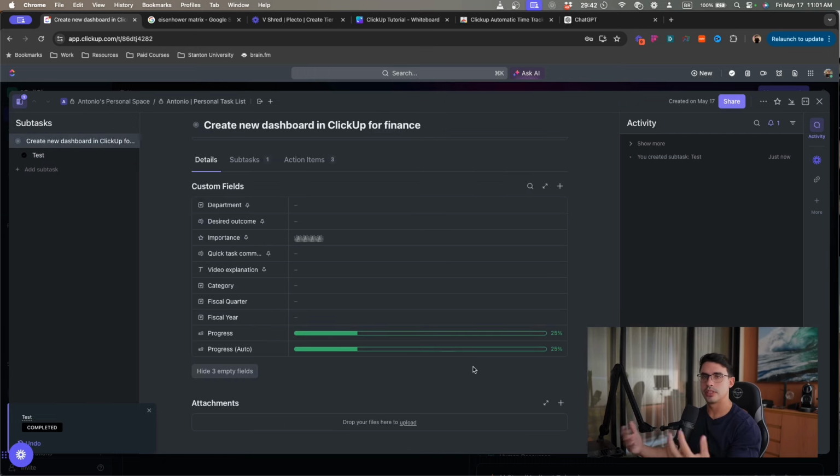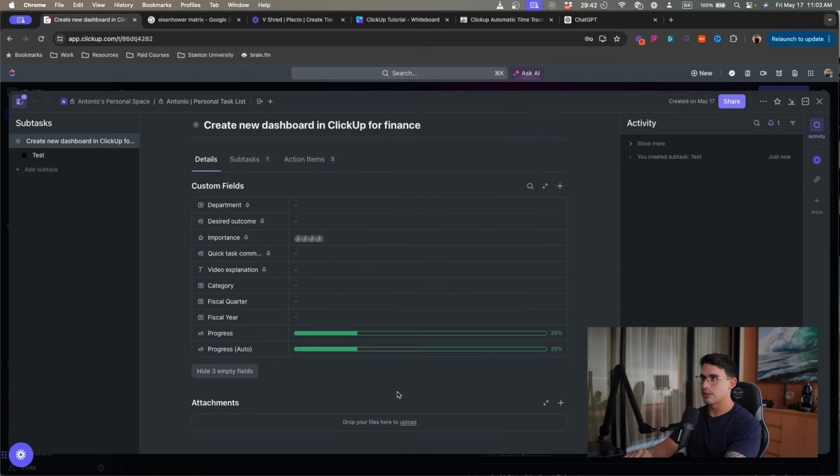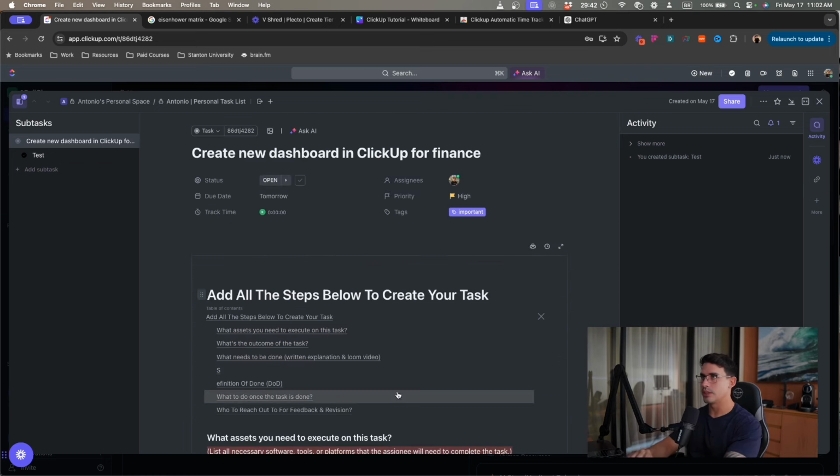So if you have a website build out that you need to do for a client, you can add all the subtasks required in here, and you as the person managing, or you as the person building, you can see how much closer or further out in terms of delivering you are, what is the deadline, and better determine what needs to happen in order to get you the outcome. So task templates are a killer. I would highly recommend. This is how we use them. This is why we do it.